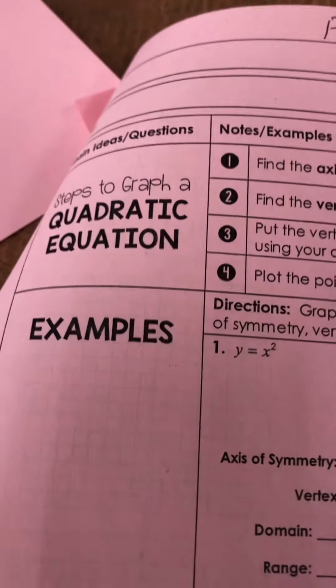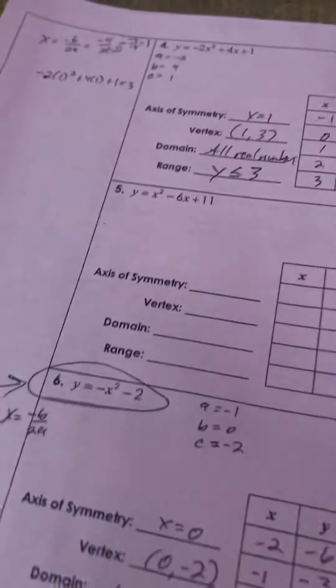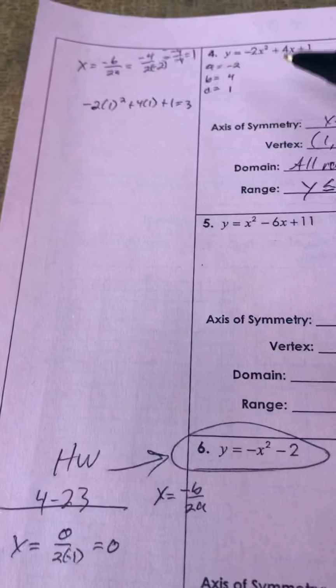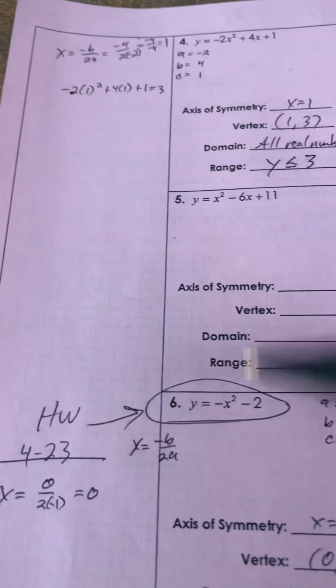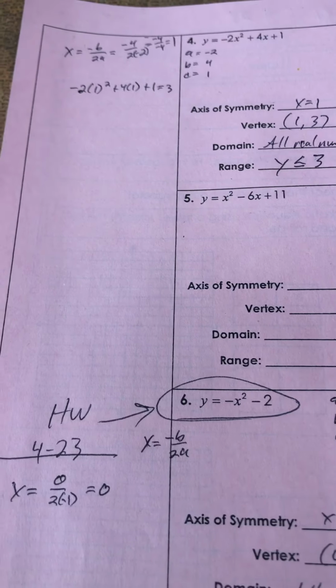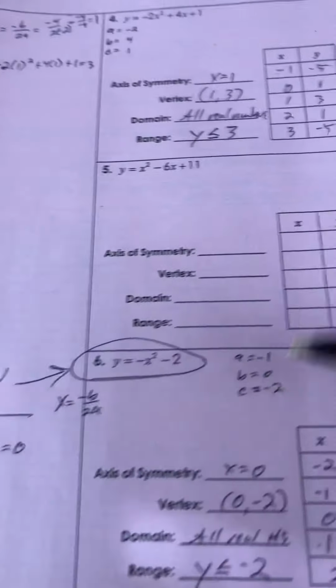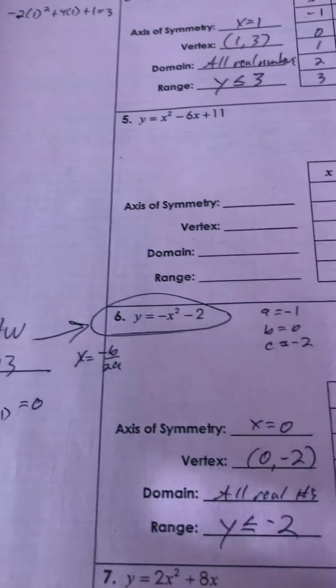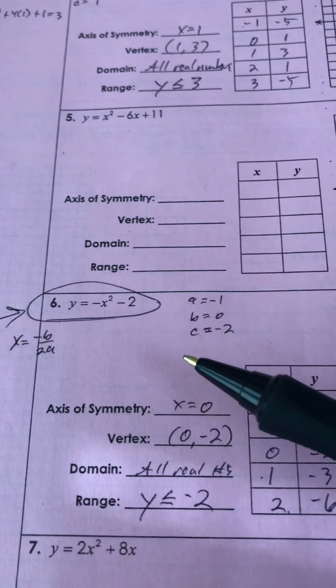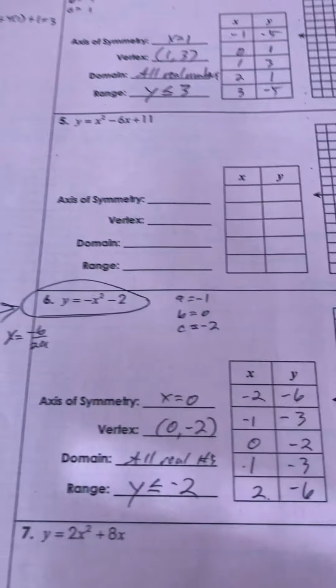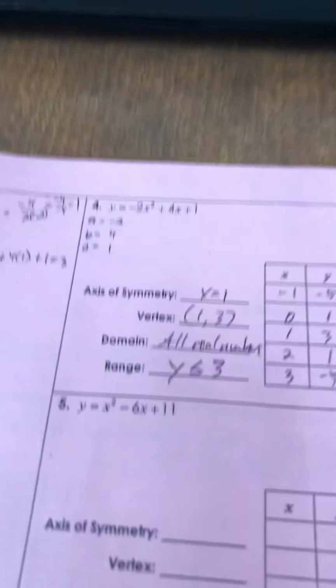I'm taking a look at the steps to graph a quadratic equation. I believe these are in your notes, but I'm not sure if you said all the way through 6 or just number 6 for homework. Just in case, I got a couple of them here. I got number 4. You could try number 5 and 6. Or if you know it as just 6, then just do 6. So